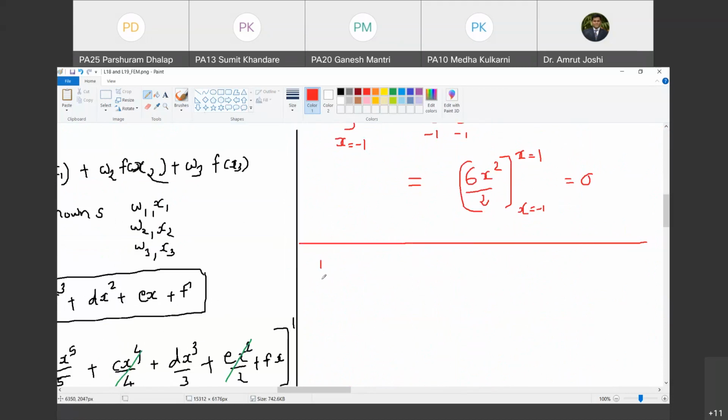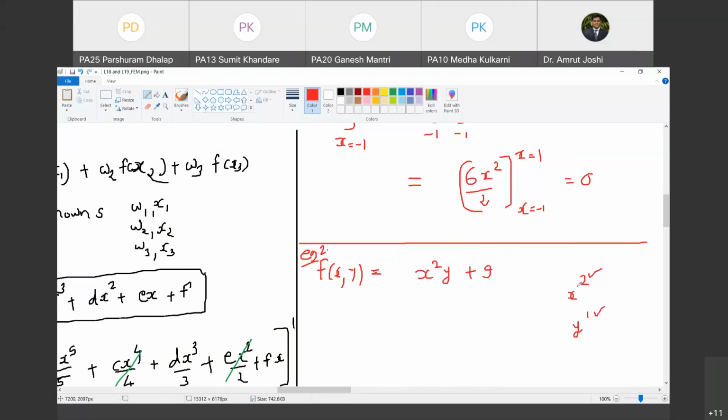Now, what I am going to do? Now, let us say example number 2. f of x comma y is, chalo, x square y plus 9. हाँ, अब बोलो क्या करोगे? What is the degree of x? Tell me. 2. Are you with me? Yes, sir. What is the degree of y?